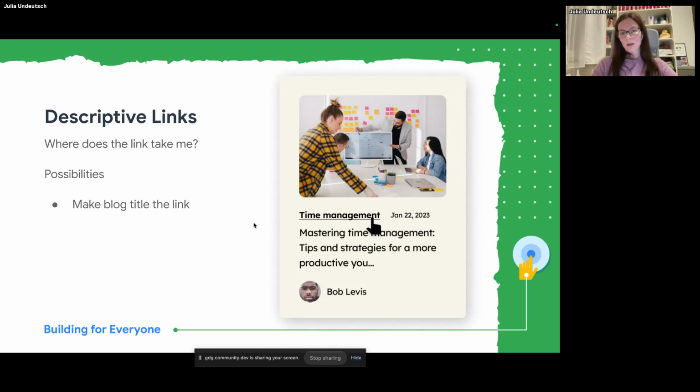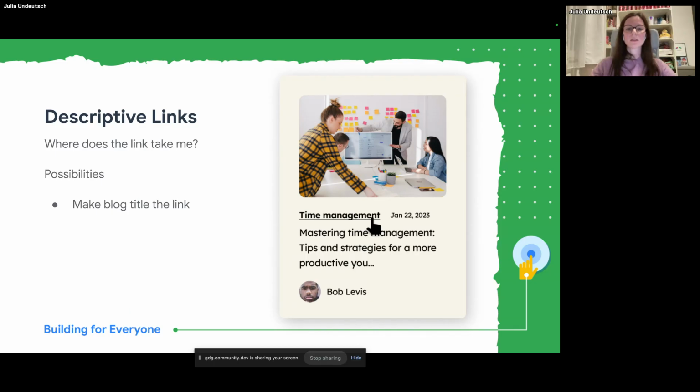We could make, for example, the heading the link text itself. So when I navigate here, I would say that the whole blog is about time management. So it makes sense for me that time management is also the heading when I navigate to it, and is also automatically therefore the link text.